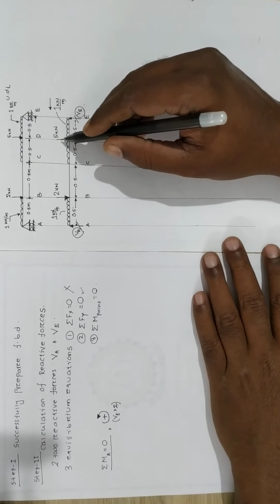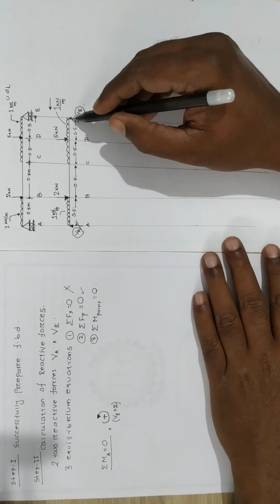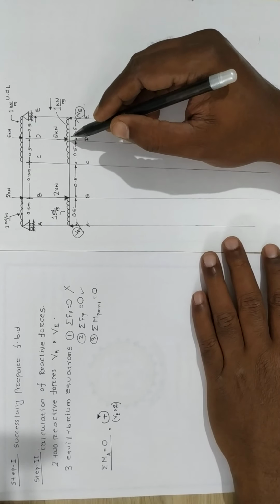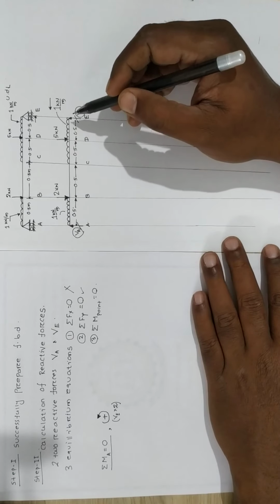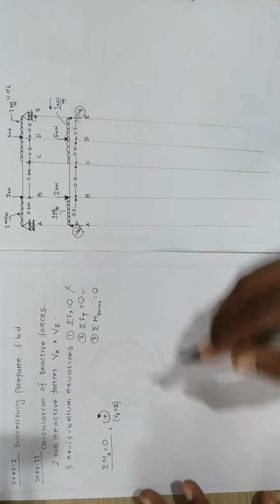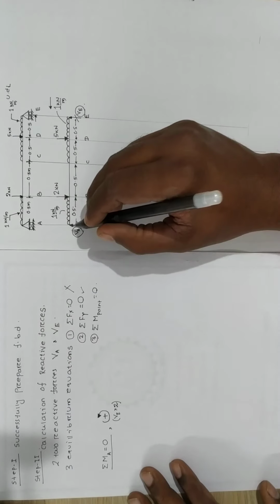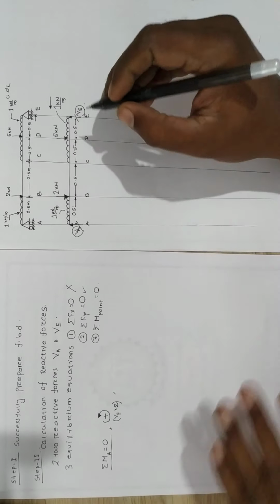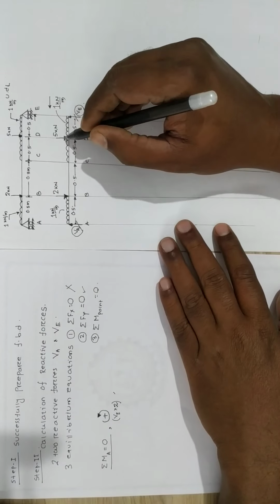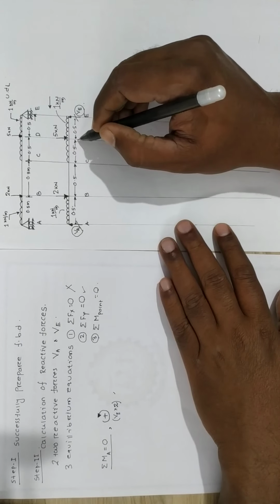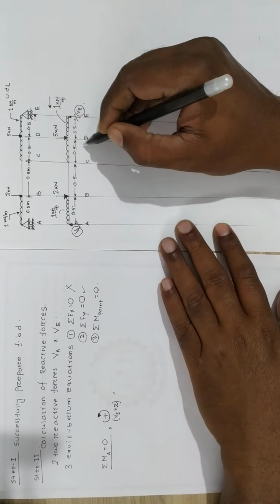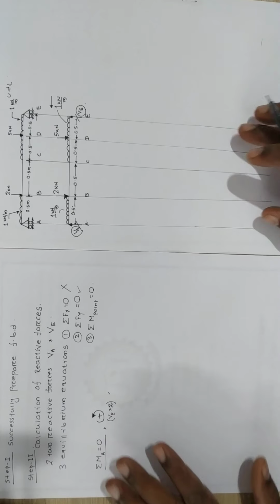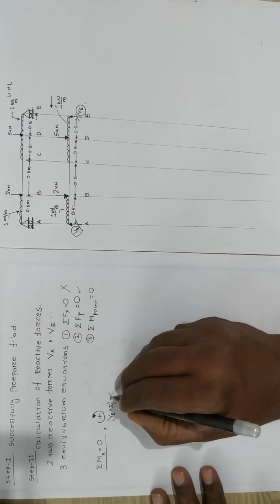And where it is acting at its CG over this span length, center of gravity or centroid, you can tell, as this is a two-dimensional lamina. So in this figure I can call it your centroid. So here this will be the moment of this UDL about this point A, and this will be minus, as this will be a clockwise moment, because the UDL force will be acting in a downward nature, and due to this it will produce a moment in the clockwise direction about point A. So first I will put minus.